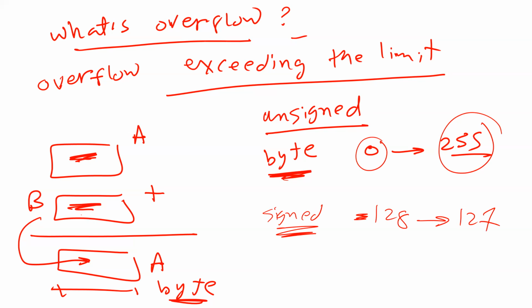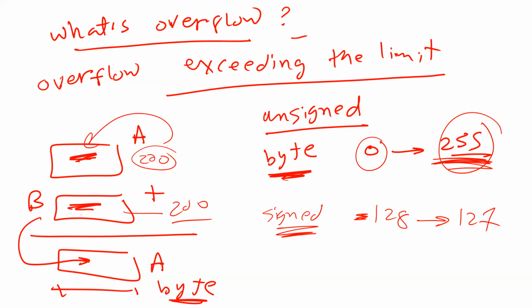So again, there is a limit on the number I can store in a byte. Now, what do I mean by overflow? When I add a number plus a number, maybe the result is going to get bigger. Maybe the result is not going to fit in a byte. For example, I can put 200 here, which is fine because you can store up to 255. Here I can also put 200, which is fine. However,